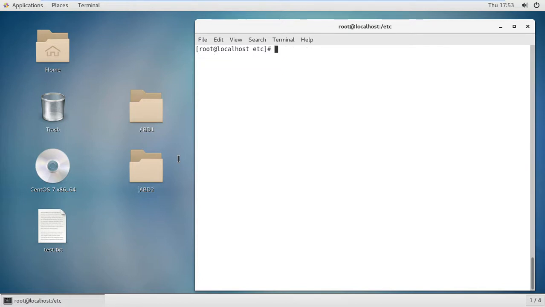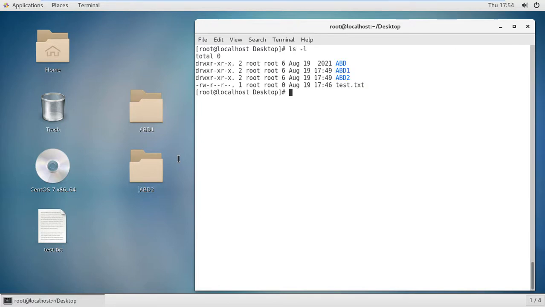Okay, so I'm root, and I will show you this as well. I'm using cd /root/desktop, and why am I creating a desktop? I will show every file structure detail, so don't be confused here. Here I just type ls -l, abd, abd1, abd2.